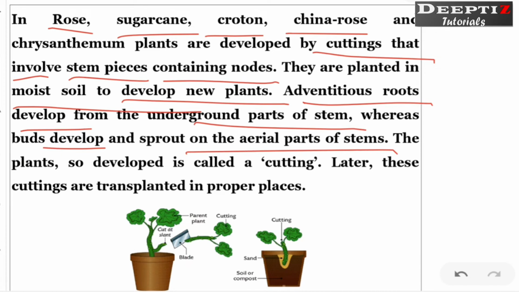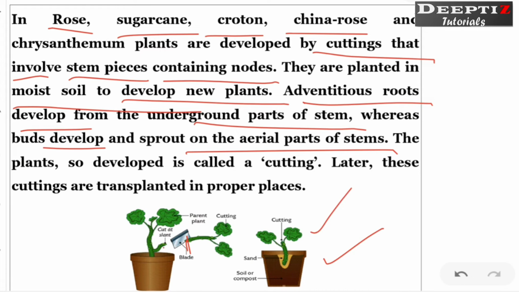If you are not aware of all these things, just with the help of your family members, try to plant something which can grow using stem cutting. Easily you can observe from where the root comes, from where the buds come and all. This is something simple, maybe you are familiar with it, right? So you can see there is a branch or some portion which is cut and planted in a pot so that it will grow as a new plant.